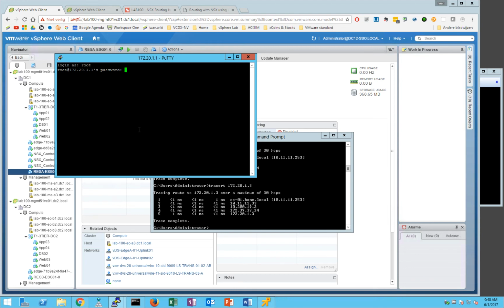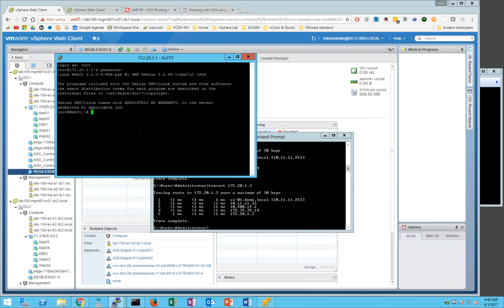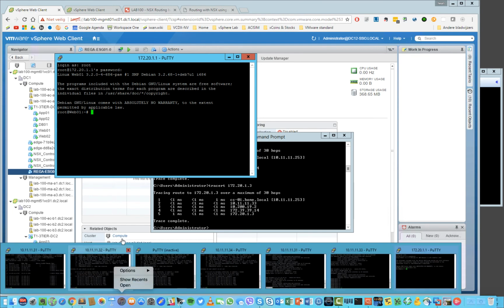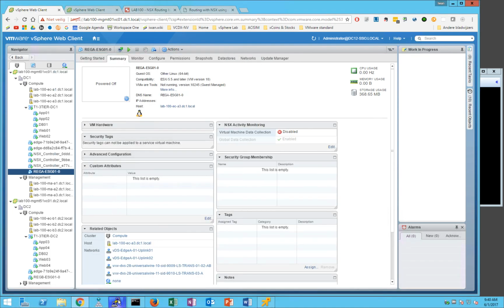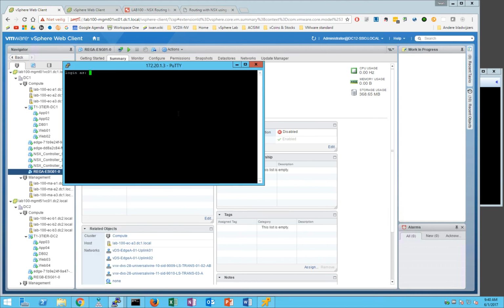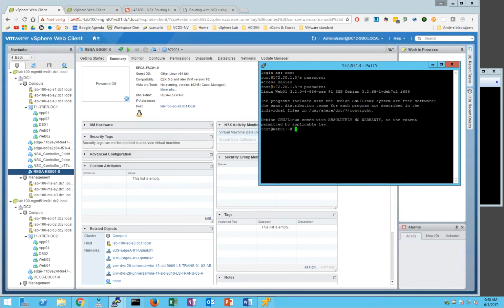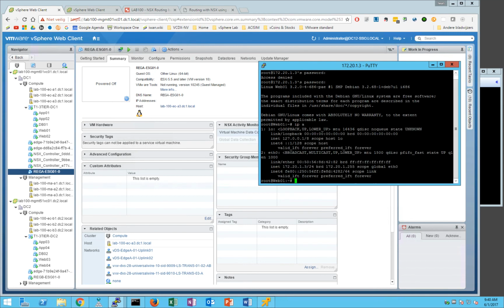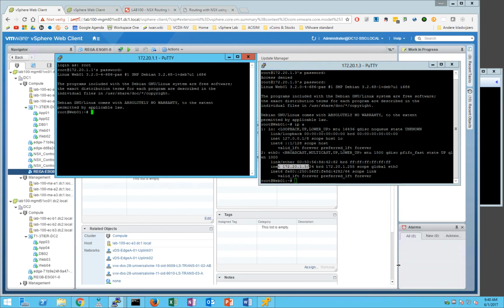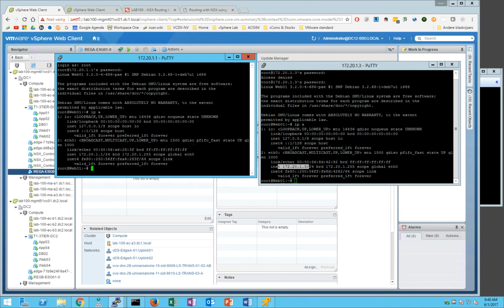Root. Nope. Don't want to open iTunes. Root. And yes, this is the 3. And this is the 1. So let's do